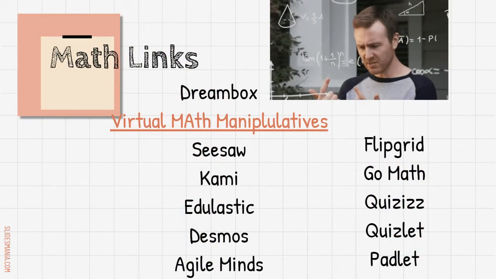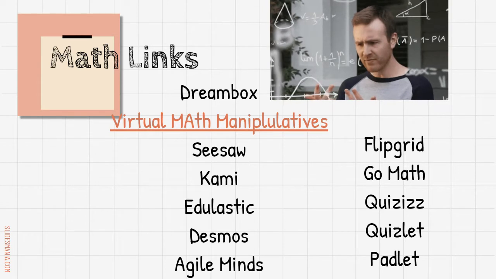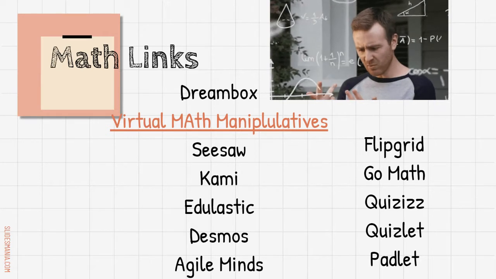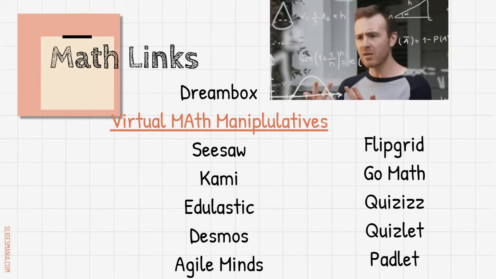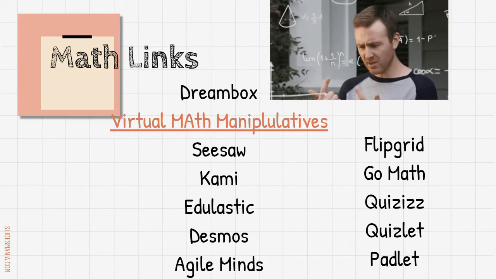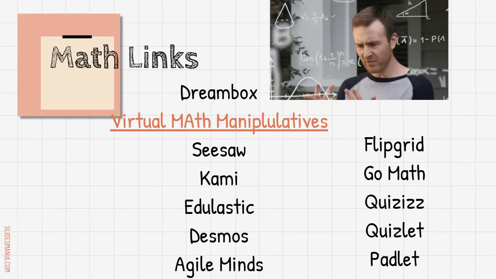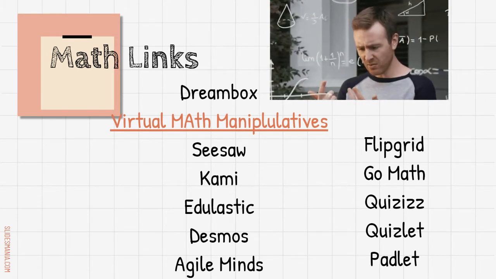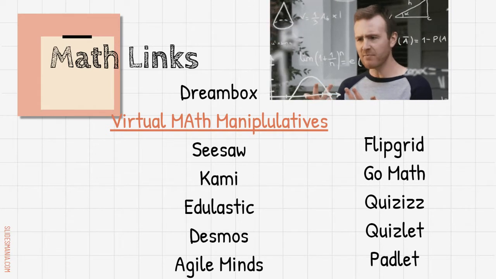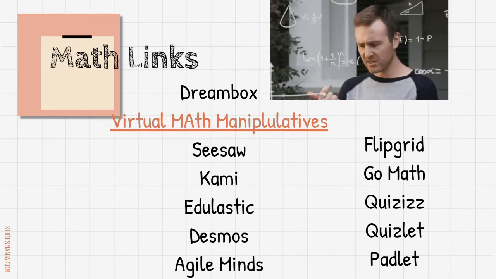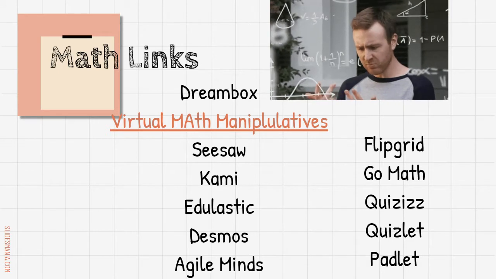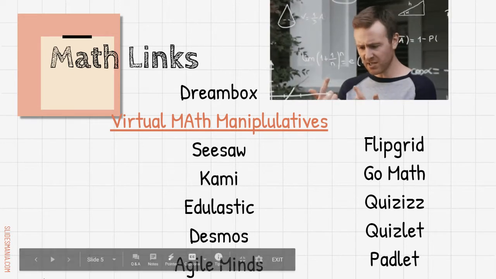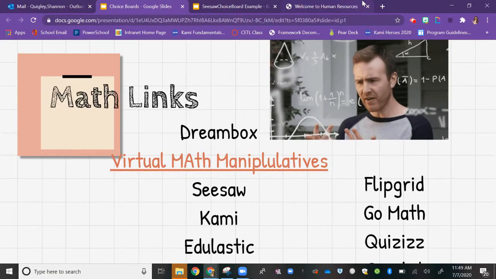So there are many things that you can include in a choice board, and we just wanted to give you a few options of things, and this is not an exhaustive list by any means. There are tons of things you can do. So some of the things that our district already uses, Dreambox for elementary math, Desmos and Agile Minds at the secondary level are great things to put in there. You can either just have your students working at their own pace or assigning activities. The virtual math manipulatives is a link, and it's more for the elementary level, just with base 10 blocks and things that can be used